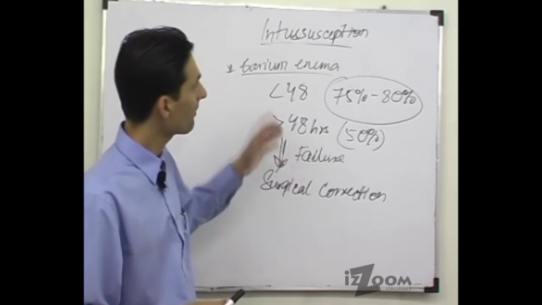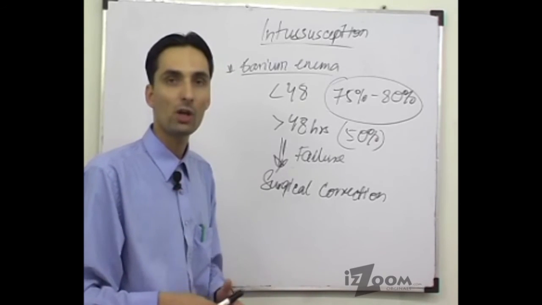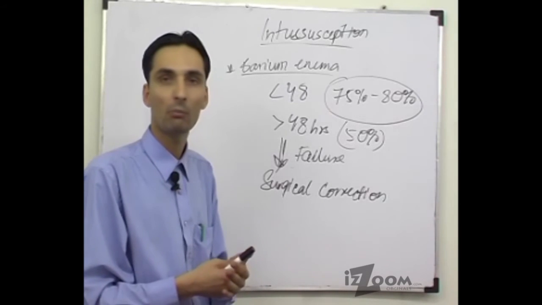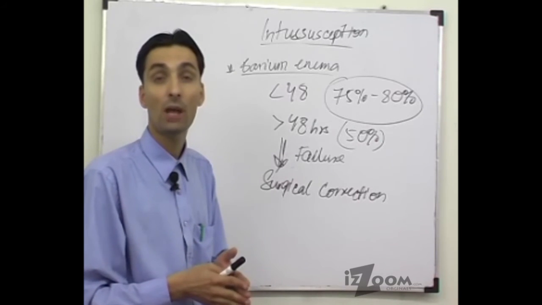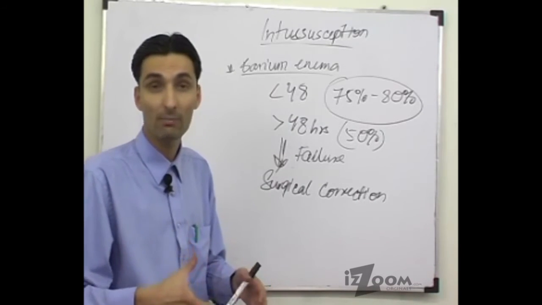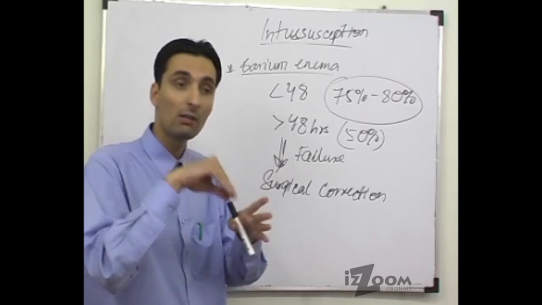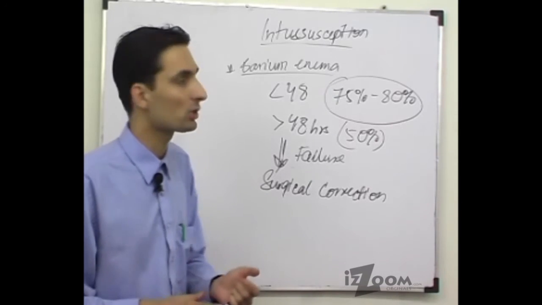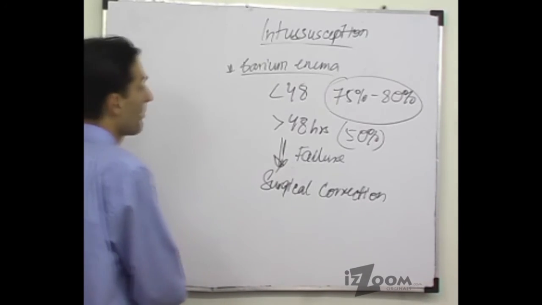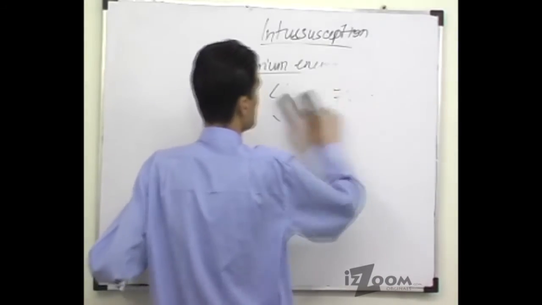The most dreaded complication of intussusception is, number one, intestinal obstruction, but more serious than intestinal obstruction is that these patients can present to you with strangulation of the bowel, loss of blood supply of the bowel due to telescoping of the gut. The blood supply of the gut gets compressed. They can present to you with strangulation. So you should avoid these complications by urgent treatment of these children.